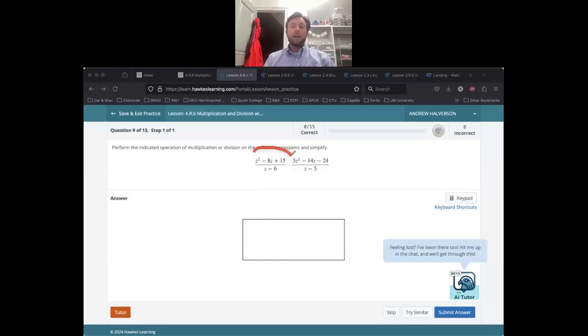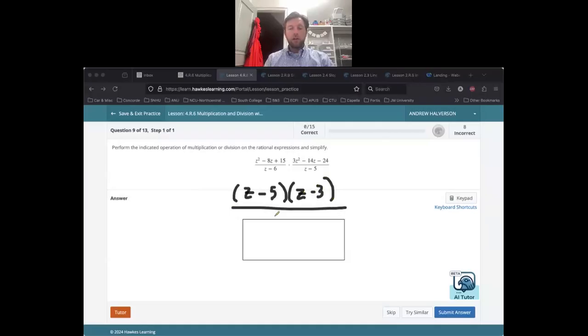So how am I going to factor the top here? z squared minus 8z plus 15. What does it give me? Well, that is z minus 5 times z minus 3. That's the first fraction, all of that over